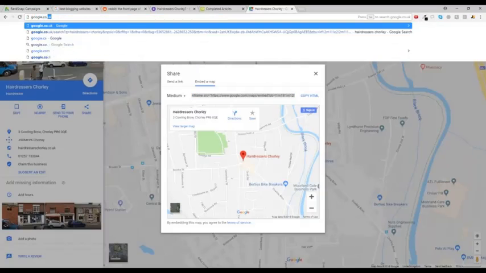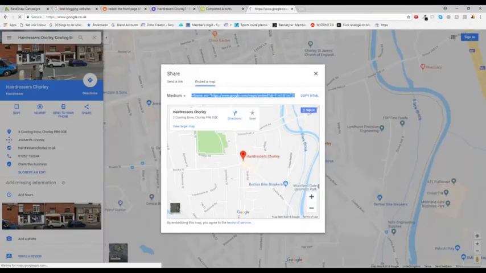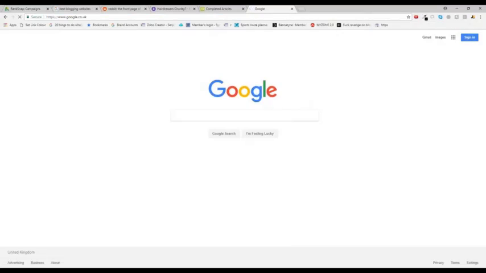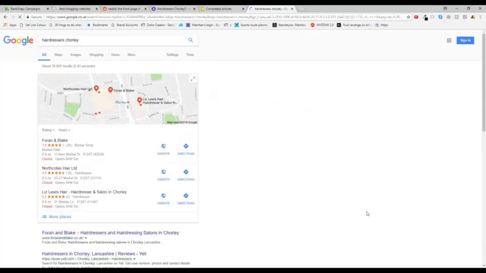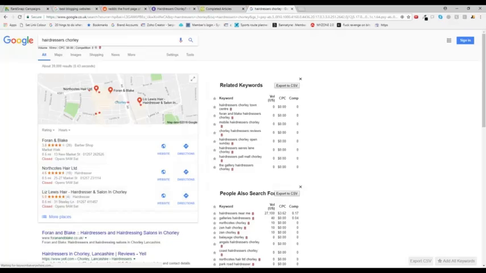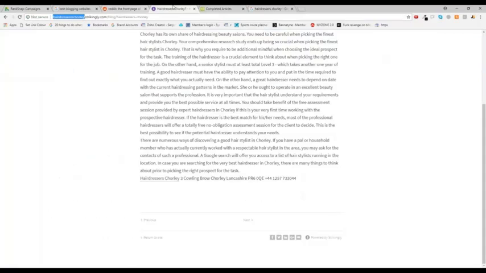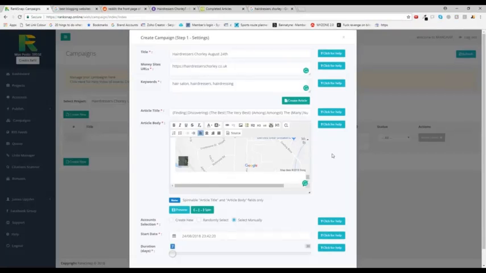If I just head back to google.co.uk and manually type in Hairdressers Surely, you'll see here that these are the local maps listings, positions 1, 2, and 3. If I want to rank higher in these, things like my map embedded in different blogs, and also making sure that I have my full NAP, which is name, address, and phone number, in the article, is really going to help with that. So that's what I'm going to do underneath on this one. I'm going to say Hairdressers Surely,